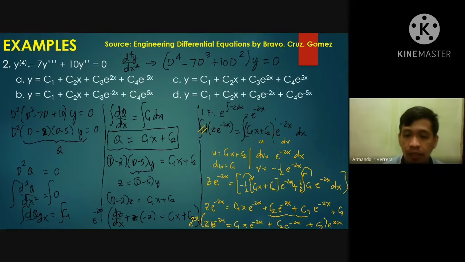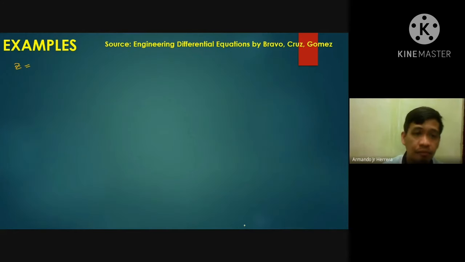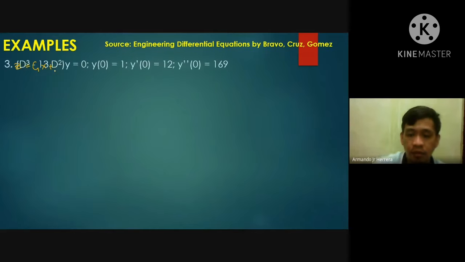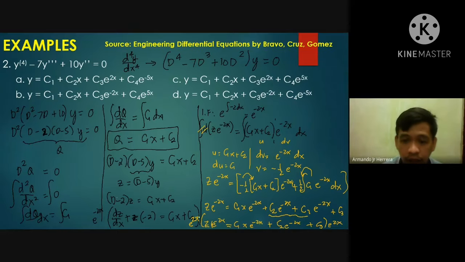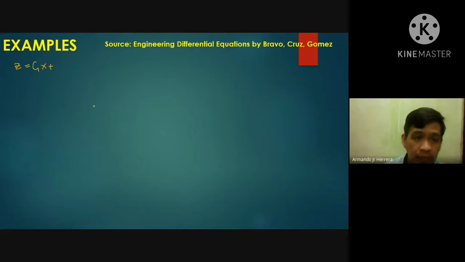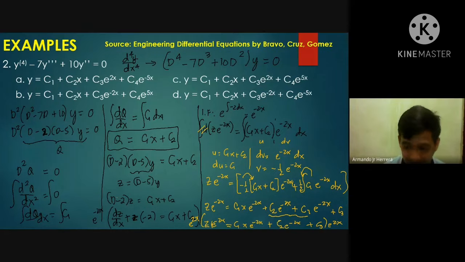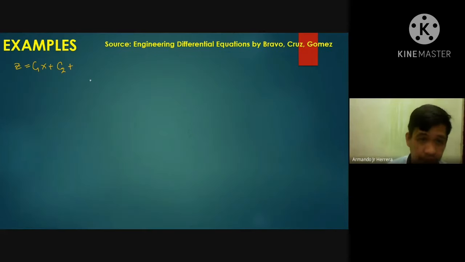equals C1x e to the 2x times e to the minus 2x. This cancels out, so magiging C1x na lang. Plus e to the 2x times C2 e to the minus 2x is C2, because e to the minus 2x and e to the 2x cancels out. So magiging plus C2, plus C3 e to the 2x is C3 e to the 2x. But then again,